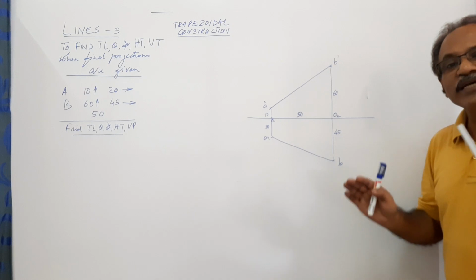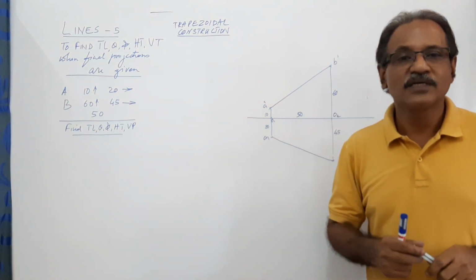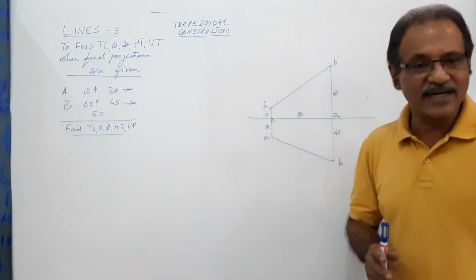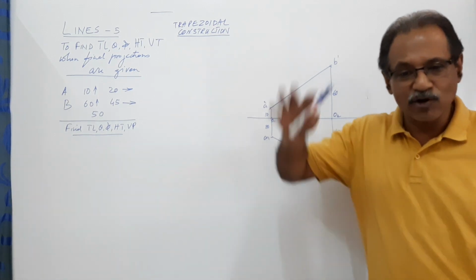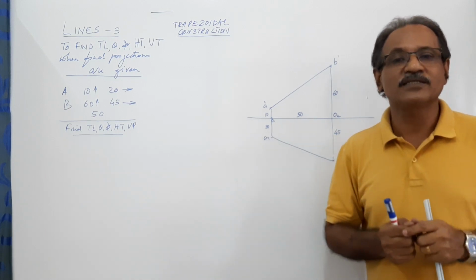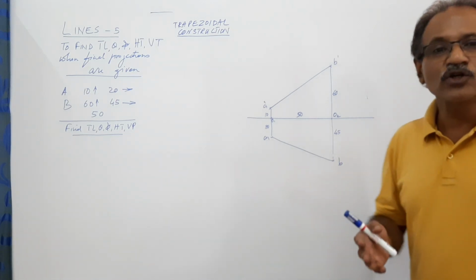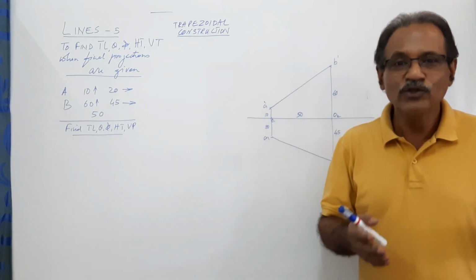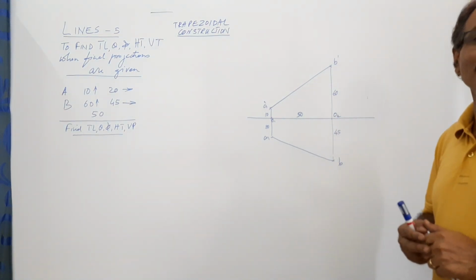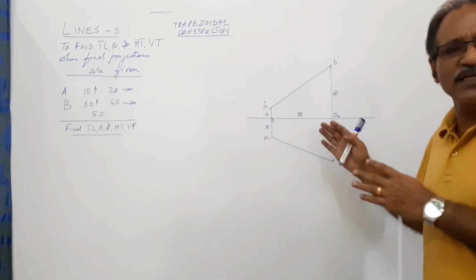Plan and elevation. Now instead of rotating the lines, we are virtually rotating the planes. The concept is very difficult to show you, even if you are present in my class sitting in front of me; to show that I would have to play some dance. It's not possible. It's by virtue of geometrical properties. I have tried that many times, but finally I felt that is not required. To draw the spelling of cat, do you need to see a cat? No. Similar to that, without knowing what is exactly happening, only knowing that it's by virtue of its geometrical properties, you can learn this.